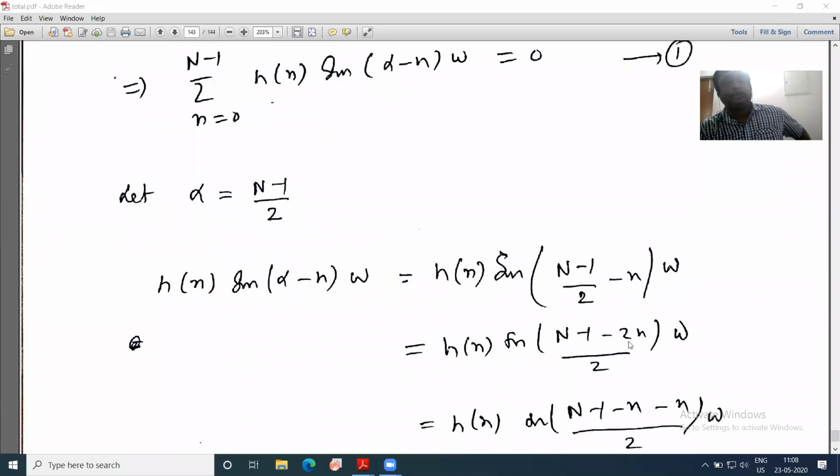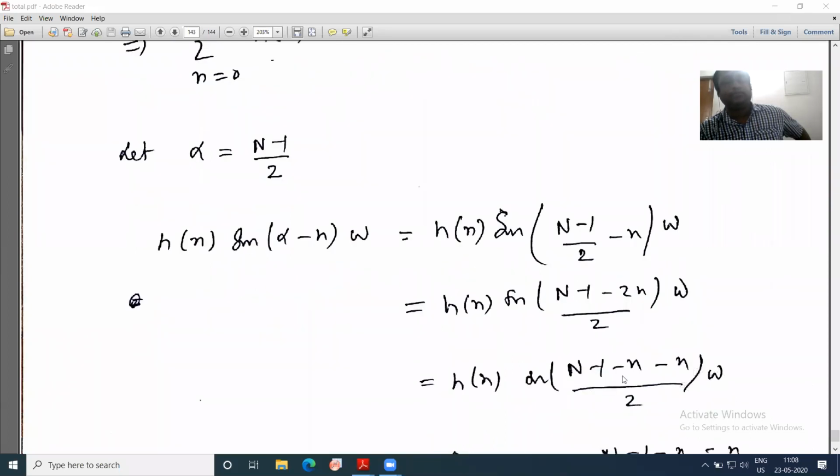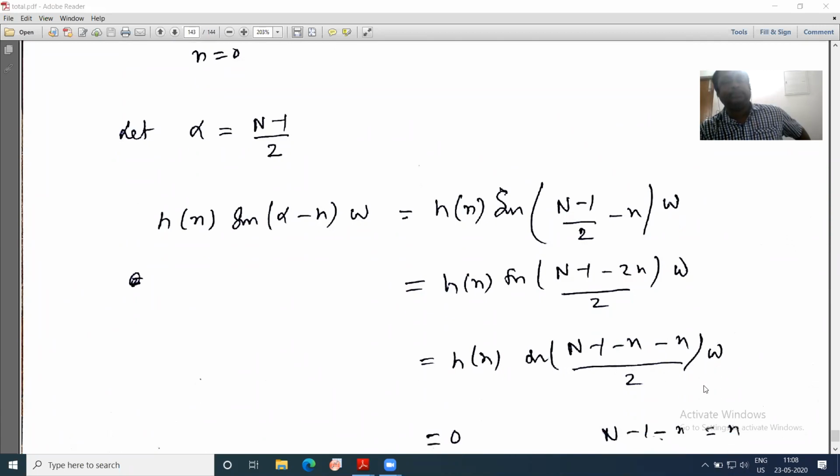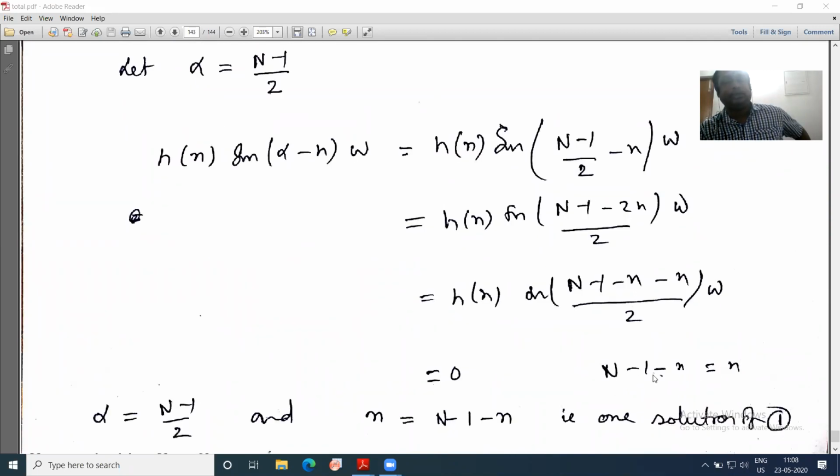Then (N minus 1 minus 2n) by 2. Then I can write (N minus 1 minus n) from this, that is equal to n. So if this is equal to n, then this becomes n minus n, this becomes 0. Agreed? Yes. Therefore,